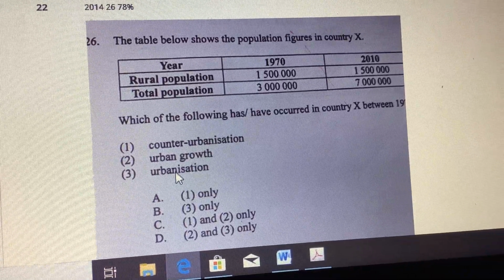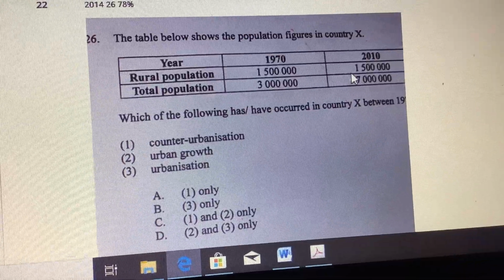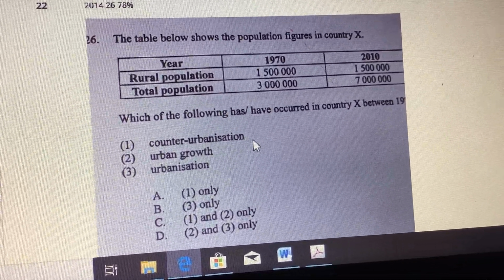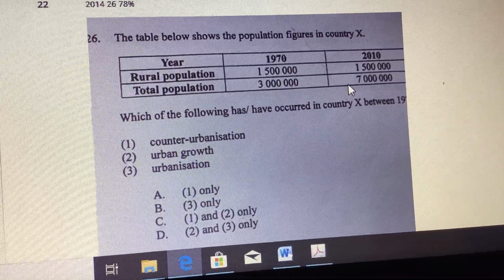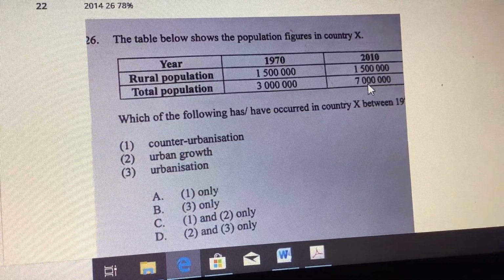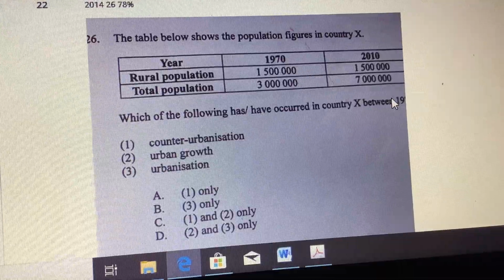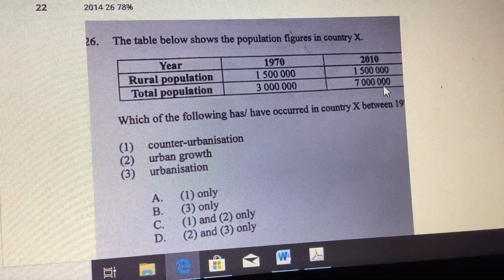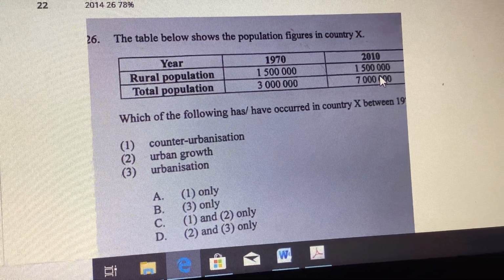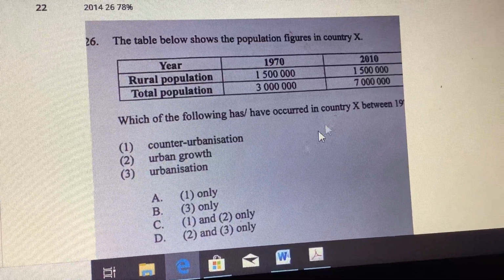Urban growth exists. How about urbanization? You can see the percentage of the rural population is dropping, which means the urban population is increasing. Okay, they will not become alien. Apart from urban population, we won't have a category which is called alien, right? So we just have rural population and also urban population. So if not rural population, then it is urban population. So accordingly, this is 2 and 3.